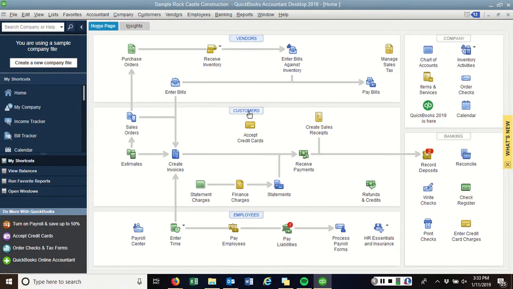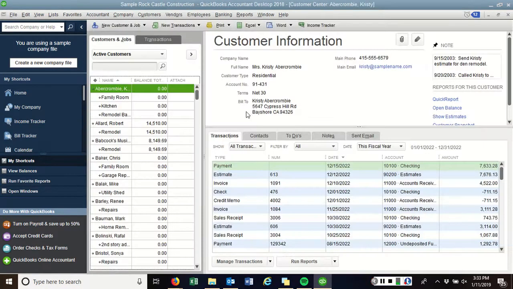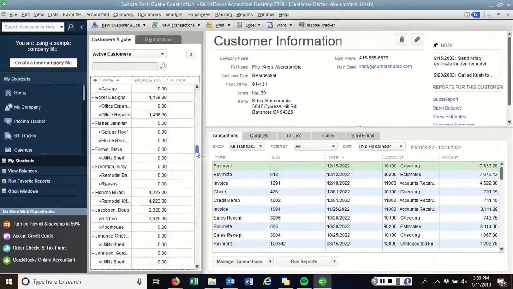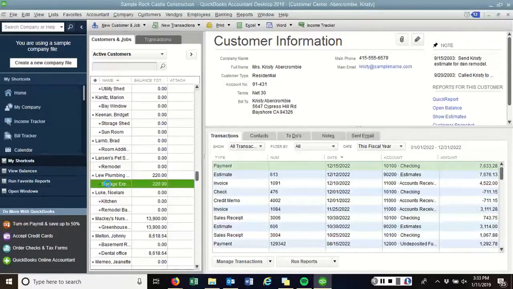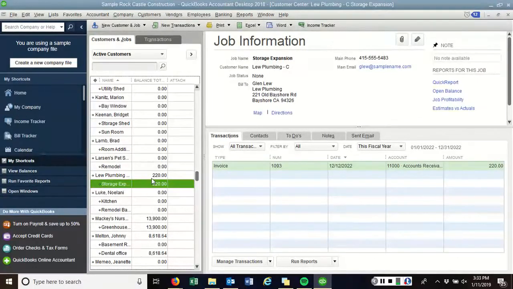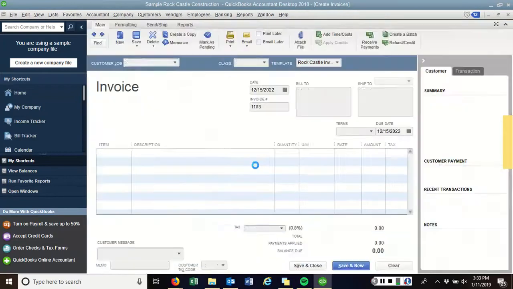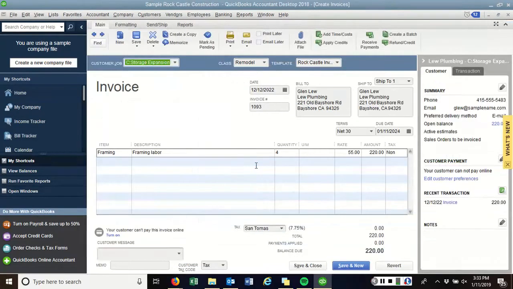So I'm going to click Customers on our home page, and we're going to go back to our Customer Center. And we'll scroll down here to Lou Plumbing. And you can see when I click on their name, over on the right side here, invoice 1093 is the only one that shows up with them for this year. So I could just double click on the invoice name there, or number,